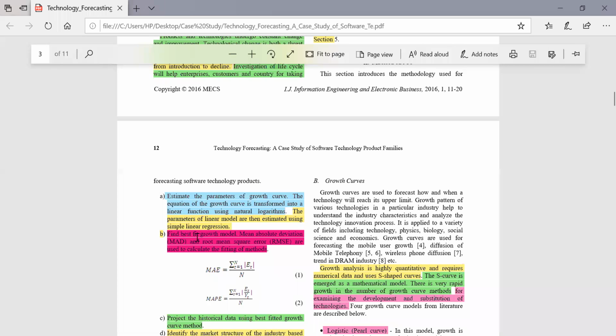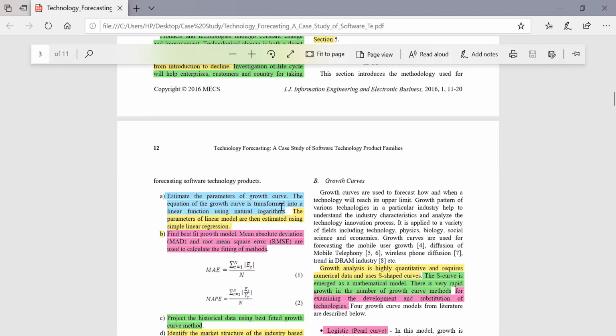To find the best fit growth model, mean absolute deviation, in short MAD, and root mean square error, called RMSE, are used to calculate the fitting of the method. These are the two equations which help you generate how well it is fitting the growth curve. You provide the input, then plot the graph, and it should map with that of the